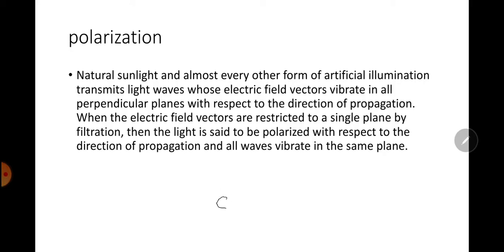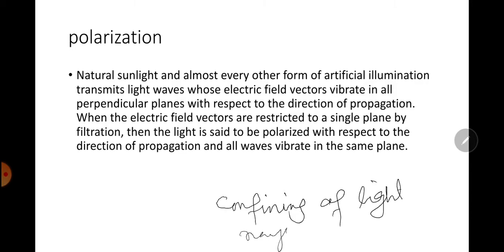Confining light rays to one particular medium. For example, natural sunlight and almost every other form of artificial illumination transmit light waves whose